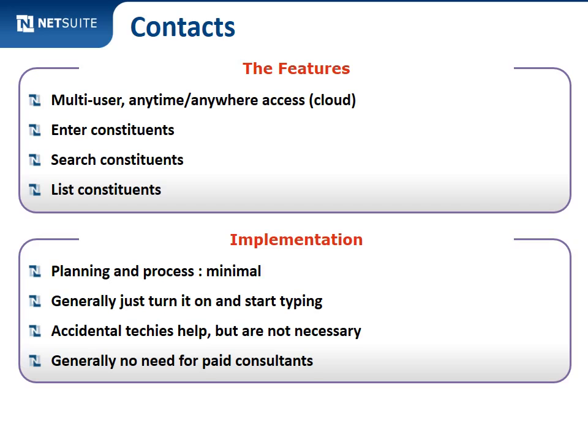The other three features are really obvious, right? I need to be able to enter my constituents, I need to be able to search them, and I need to be able to list them. Don't think that the obvious requirements aren't really good things to see in software. Some systems may require entry in one way or another, search in one way or another. There might be limits in listing in one way or another. You really have to see these things to see if they fit.